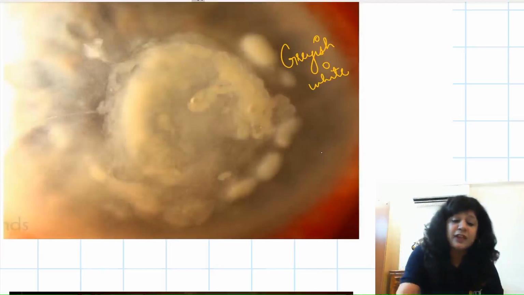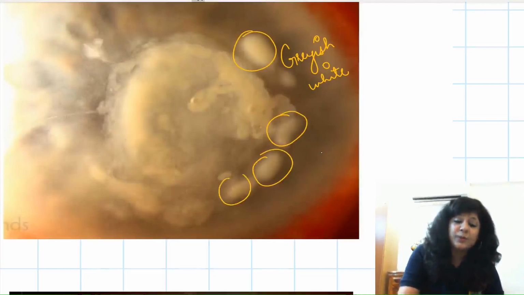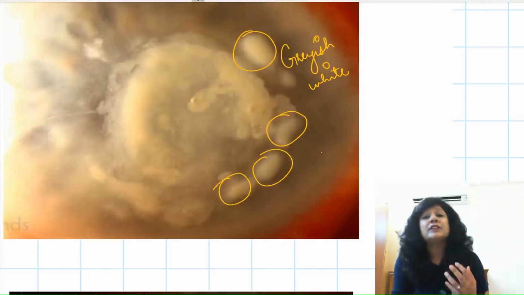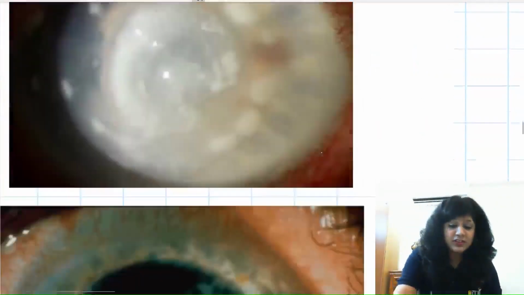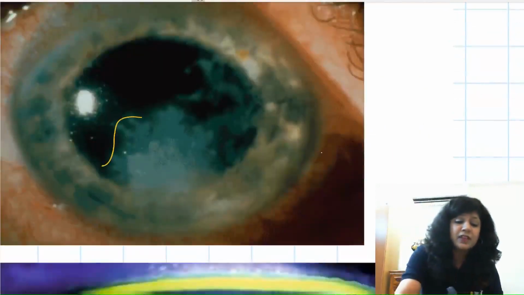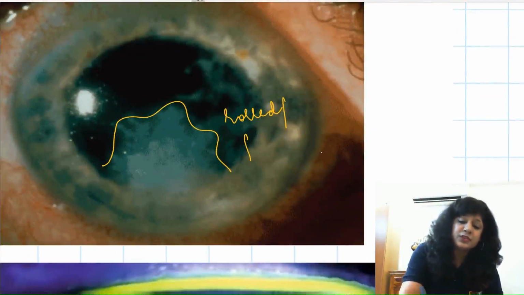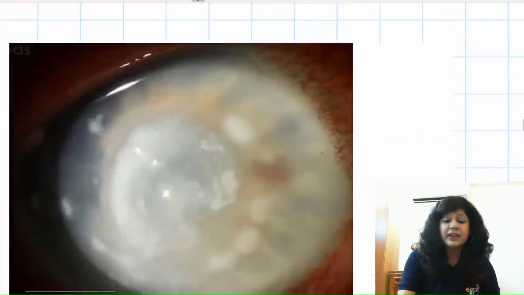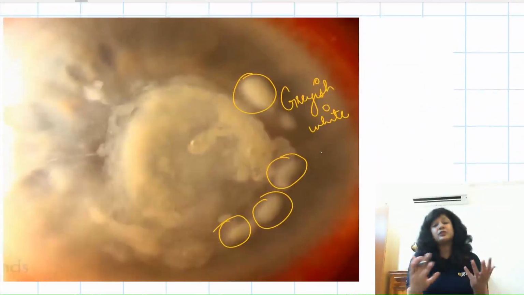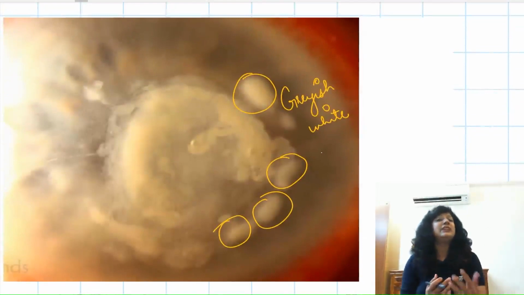So we have the finger-like projections, multiple satellite lesions are also present. These are also called as the feathery margins, the rolled out edges. See, this is a typical feathery margins or the rolled margins. So if you are getting a grayish ulcer, creamy infiltrate, dry looking, absence of vascularization, multiple satellite lesions, think about